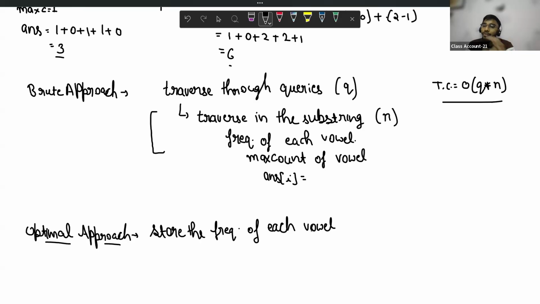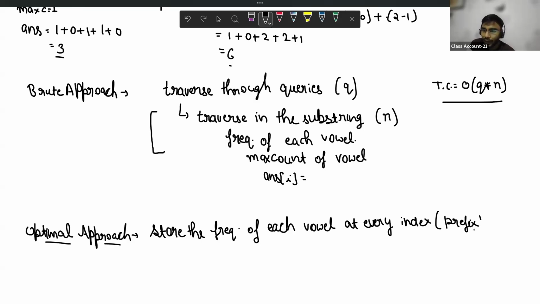I need to store the frequency of each vowel at every index, before every index, I can say prefix. I am storing the count of the prefix of every vowel at every index.